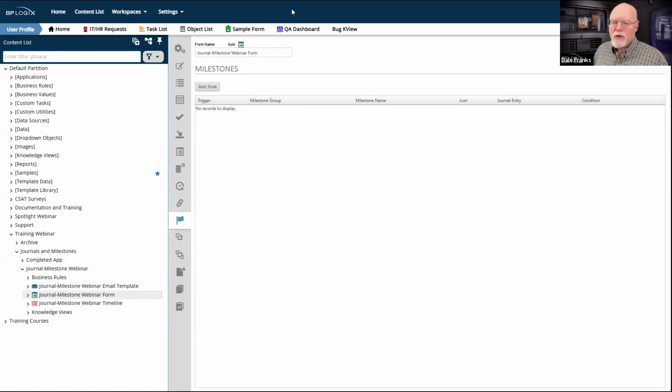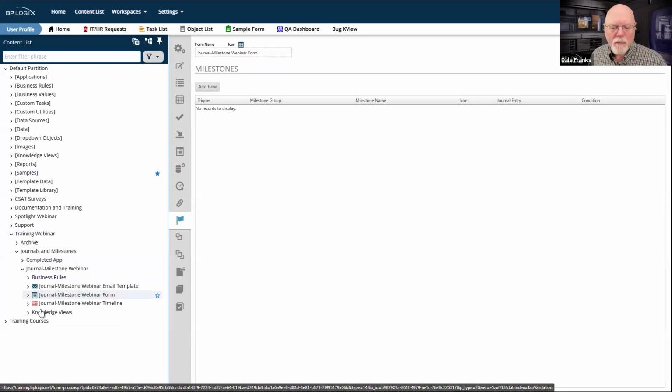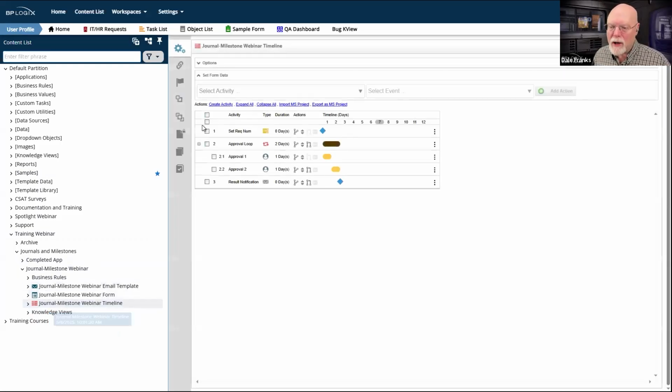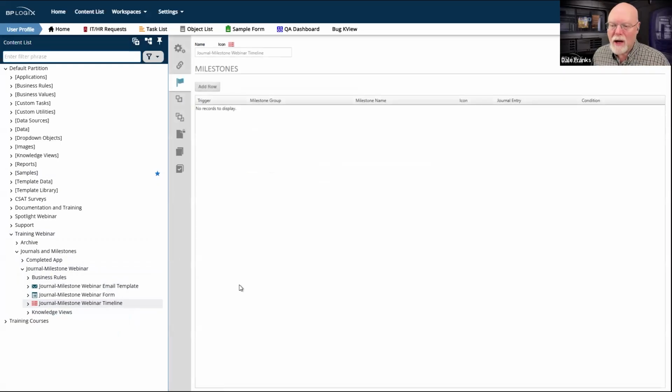The way that milestones work, and let's add one here, and we're going to have some form milestones, and we'll also have some process milestones. I think probably process milestones are more common, and there are some things that we can play around with to ensure milestones occur. We'll talk about that in a minute. Let's just talk about the milestone itself. Both the process timeline and the form, and we're looking at the form here, but we might as well go to the process timeline and look at that.